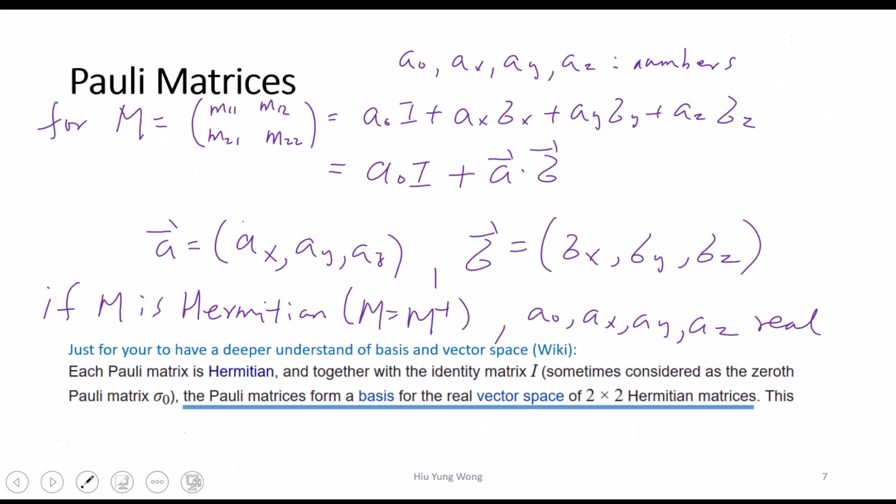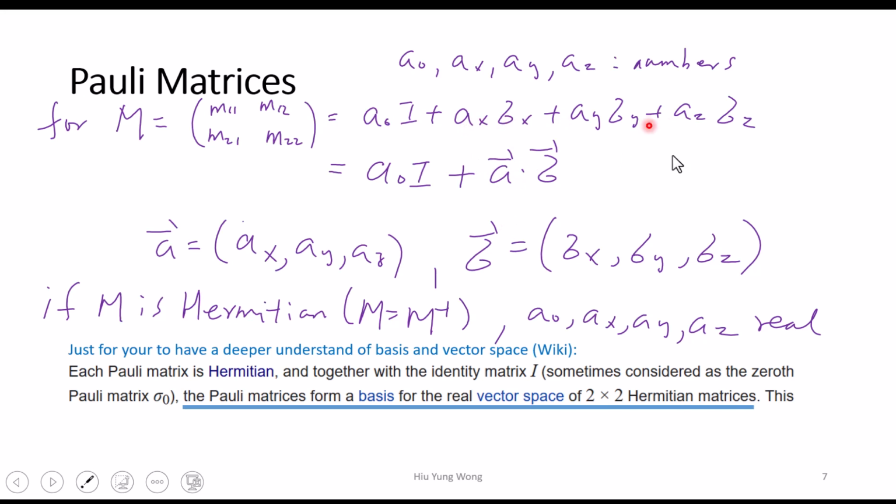Okay, so that is one important message. For example, any matrix can be written as M11, M12, M21, M22, right? And I claim that it can be written as this linear combination. You see that this is just like the basis: I, sigma x, sigma y, sigma z, just like apple, orange, grape, watermelon, or 0, 0, 0, 1, 1, 0, 1, 1. They are not the same; I just say they are like the basis. And then this will be some coefficient times them. So it's very convenient. We usually write this as A0 times I, and this is just a